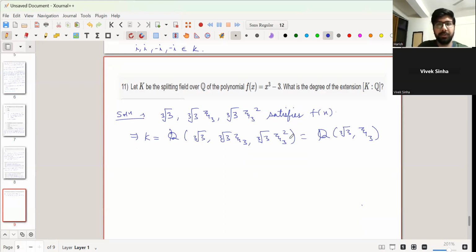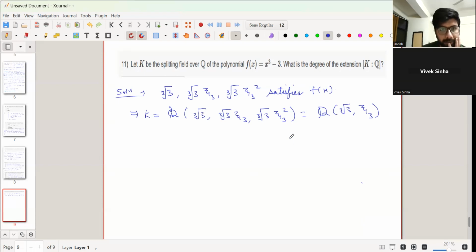Now we want to compute the degree of this, and it is clear that K is an extension of Q(cube root of 3), which is an extension of Q. So from here to here the degree is 2 because